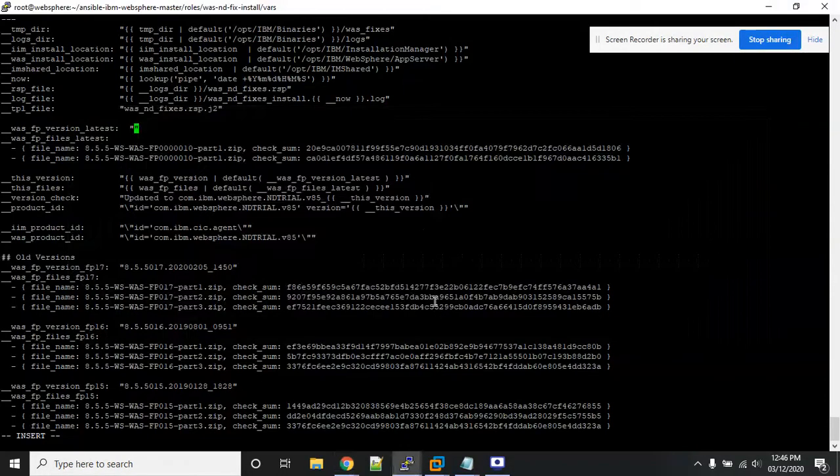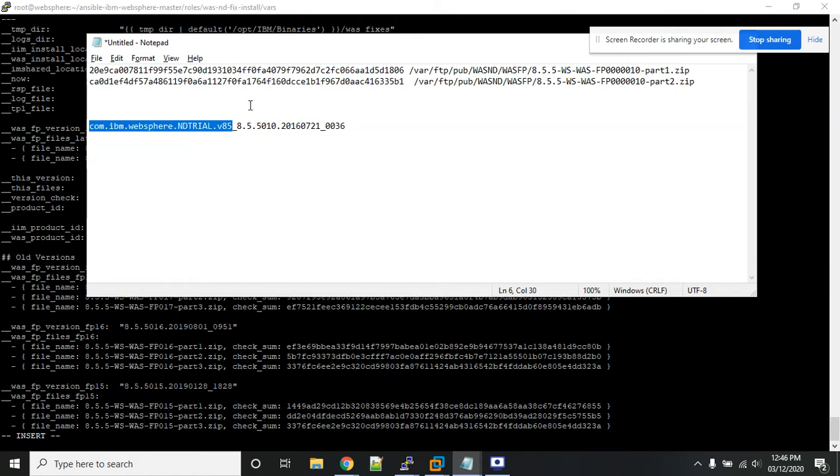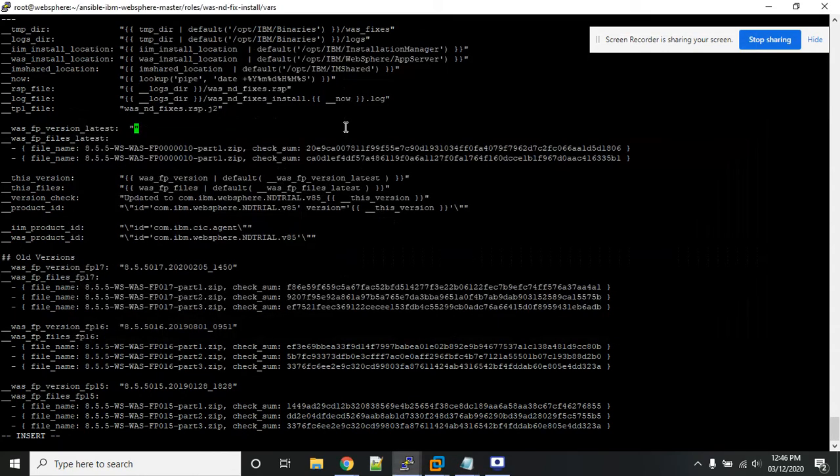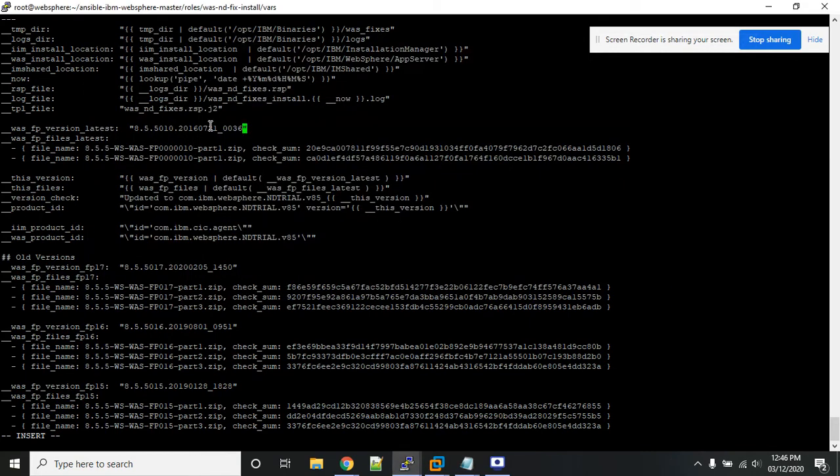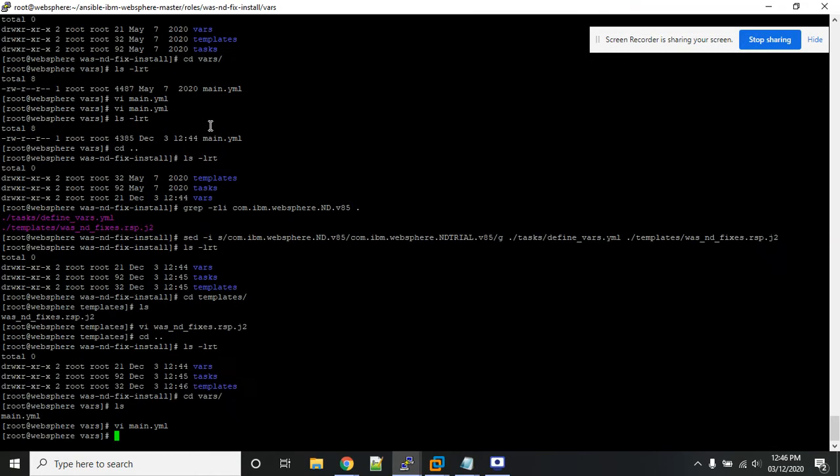Here, I will use the particular version that is going to be installed. For this offering ID, you can use imcli list package -repository.